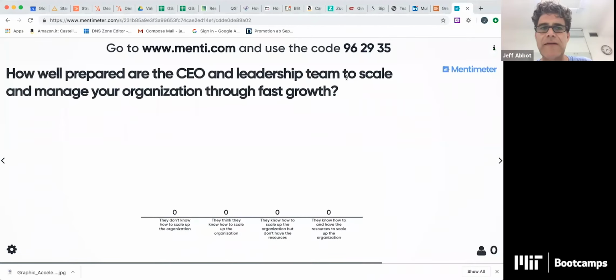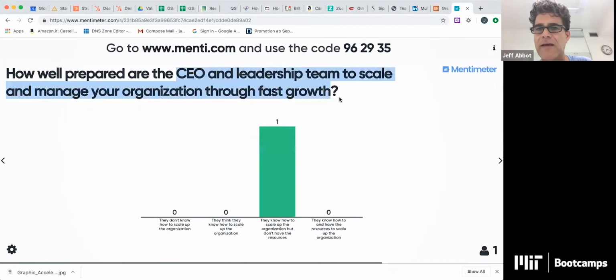Okay, moving on to the next question. And this one is relating to the leadership team itself and the team's self-perception about its ability to scale. I'm assuming here that many of you who are out there as respondents are representatives of the leadership team. Some of you may be the CEO or other leaders. So this is a question really about yourselves, if it's you.